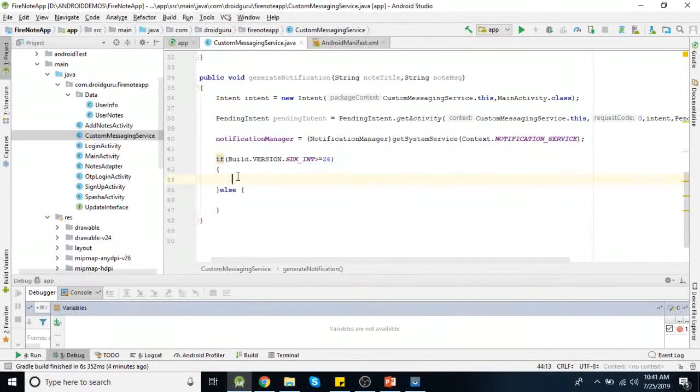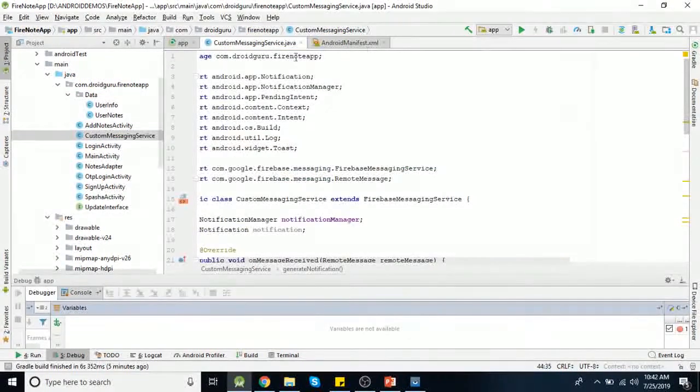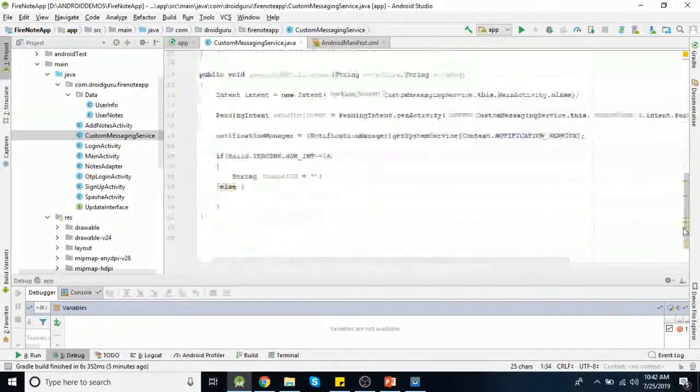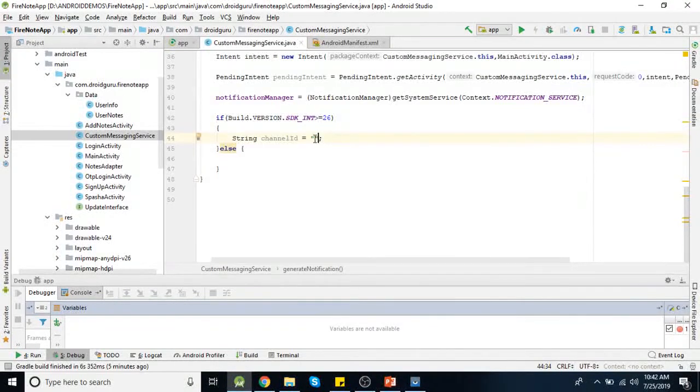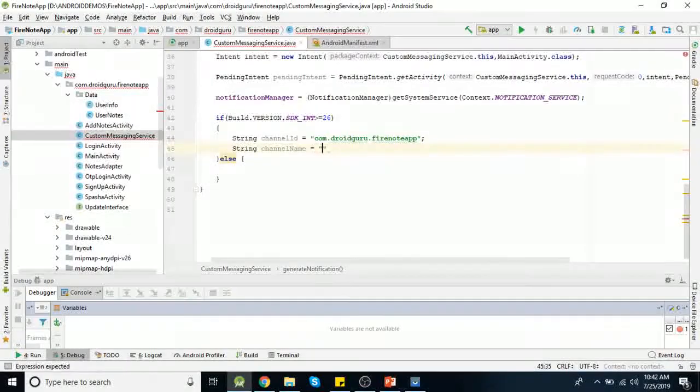So for creating that notification channel, first you need to specify channel ID. So channel ID equal to, you can use any ID. I'm using this same package name as a channel ID. Then channel name, say FCM demo.